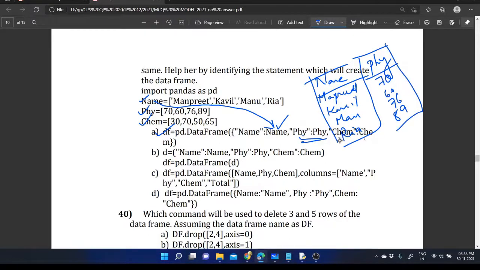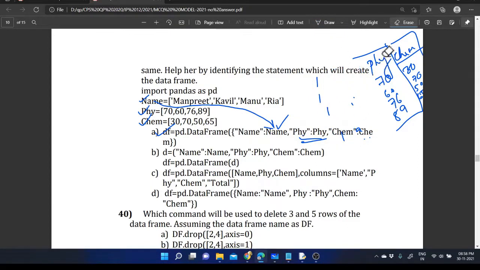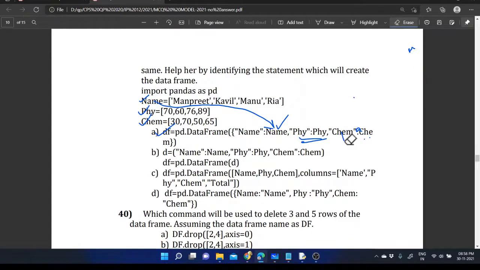One more column is there. So chemistry. That will also be taken, and the values 30, 70, 50 and 65 will also be taken there. So the column names are taken as the keys. The keys that we provided within the dictionary are taken as the column names. Here, which are the keys that we declared?